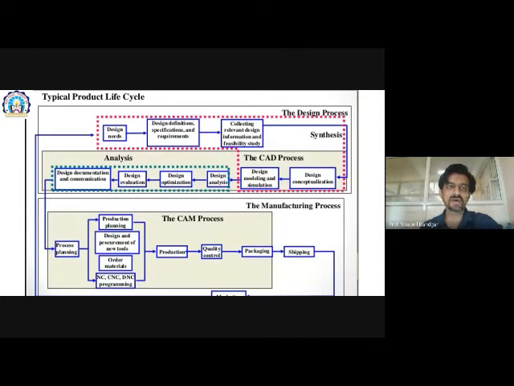Then design analysis, then design optimization, then design evaluation, and design documentation and communication. This is the main important part to link with the second process, that is the CAM process. CAM stands for computer aided manufacturing. So it starts with process planning, then it goes to production planning, then design and procurement of new tools. Procurement means we are purchasing new tools, then we are purchasing our raw materials, then we are making some programs, NC codes, CNC codes, DNC codes, meaning these are automatic machines. To operate those automatic machines, we need some codes that are made in CAM softwares.